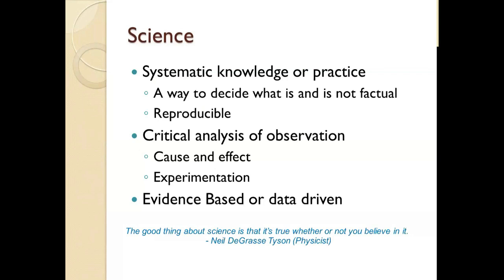You may consider it a systematic knowledge or a practice or a process of critically analyzing observable phenomena. At its core, science is a way of deciding what is or is not factual based upon data and evidence. Central to the process of science is reproducibility, documenting what has been done, what has been found, and the conclusions